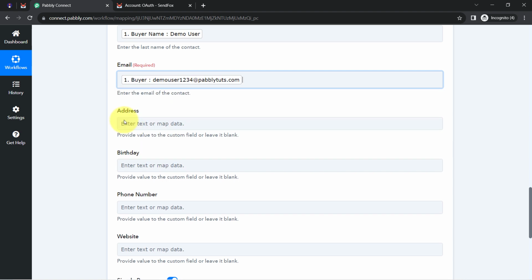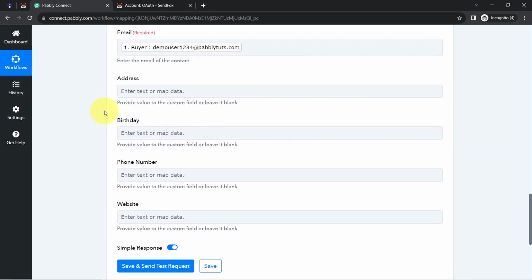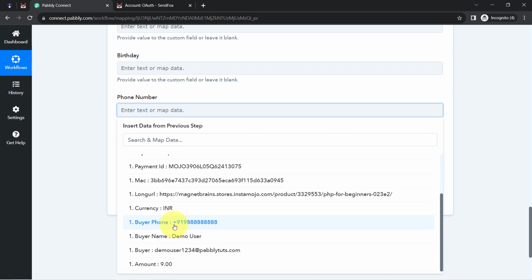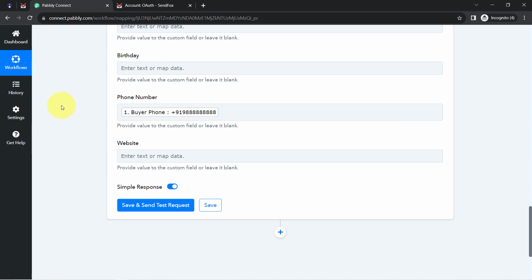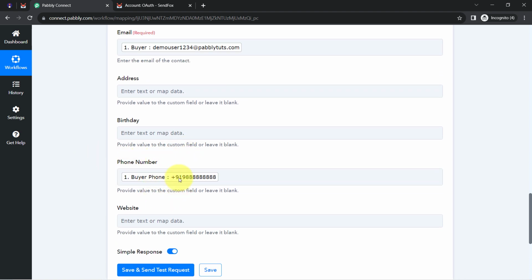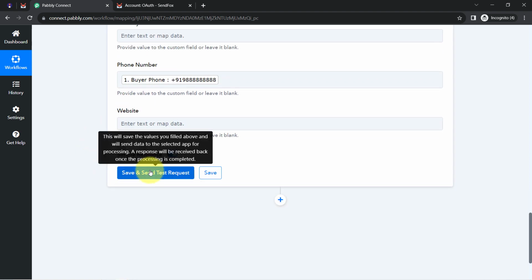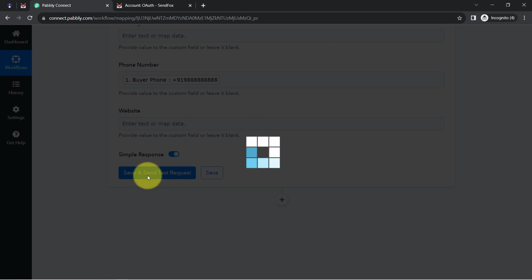Now you must be thinking, what is this mapping? Whatever details I'm mapping here, these details will be replaced automatically when our automation will work in real time next time. I'm repeating this once again, that the details I'm providing here via mapping will be replaced automatically, but just in case if I provide any detail manually here, that detail will remain the same for every new sale. Now finally I'll be clicking on the save and send test request button,